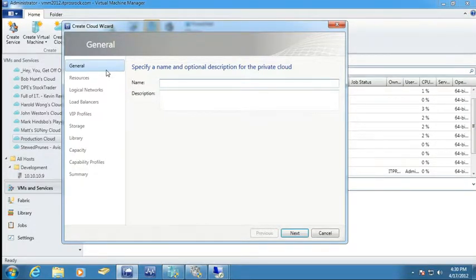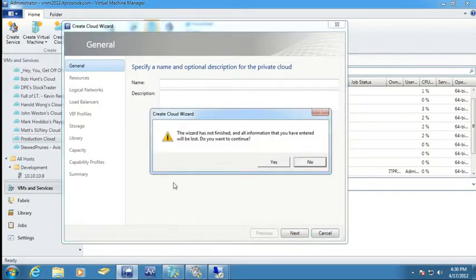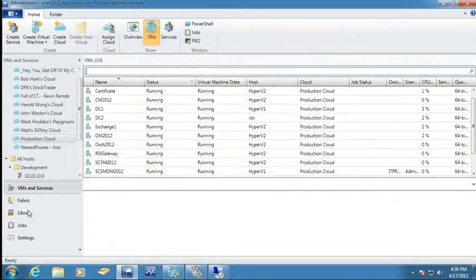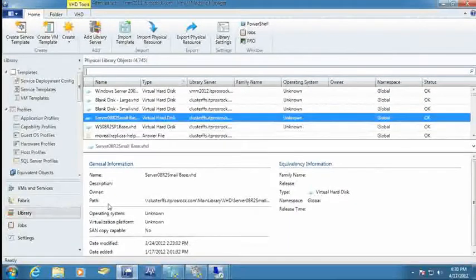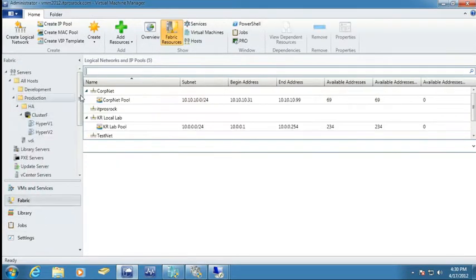But it's setting up all the other components, all the fabric pieces, that's what really takes time. And if you're, once again, in a low-budget kind of environment like we are, if you try to come in and configure some of the fabric pieces, let me come over here,